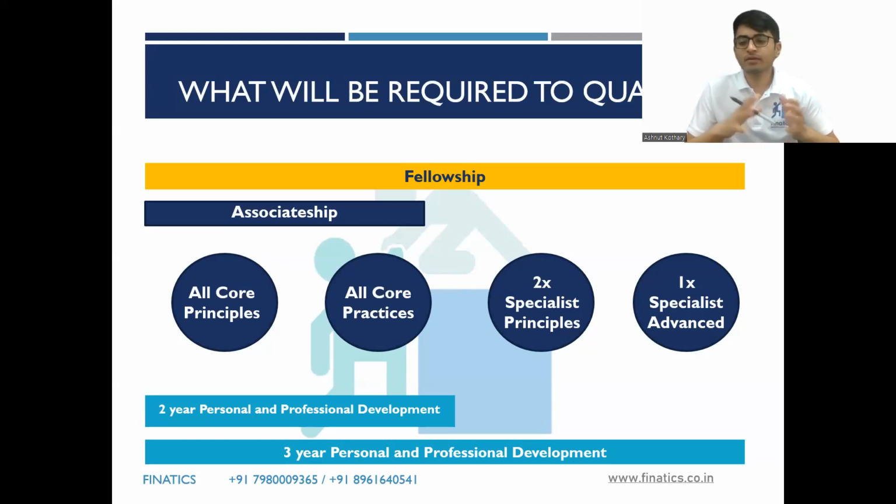Generally, if you see in the market, depending on the company, some companies prefer to select candidates who have cleared 6, 7, 8 papers. They have that criteria. Some companies have a minimum criteria of 3 or 4 actual examinations, and some companies prefer students who have cleared just 1 or 2 exams, because they might not be offering great compensation, or the work might not be that good, or the growth prospects might not be that good. So they might want to recruit candidates who have cleared fewer papers, because they would have less chance of switching companies after a year or two, since they have not made much progress with their actual examinations.